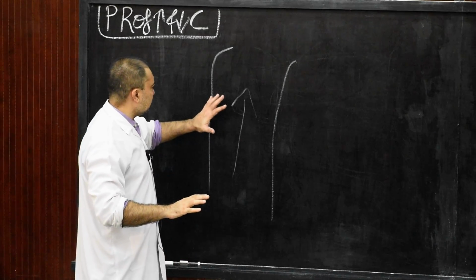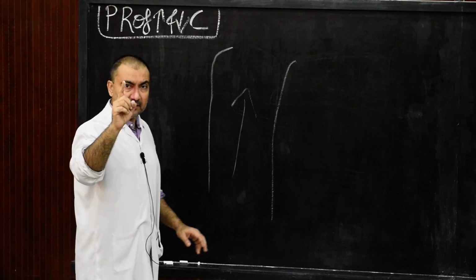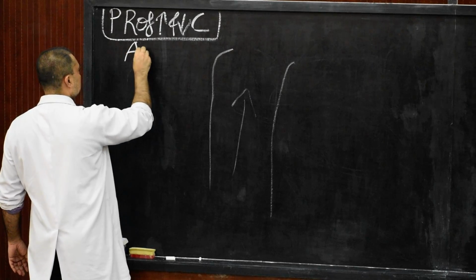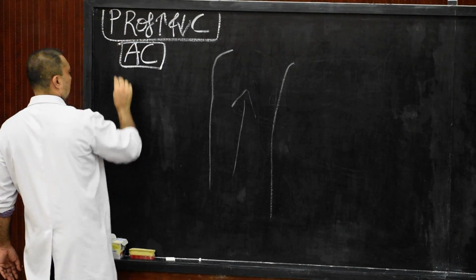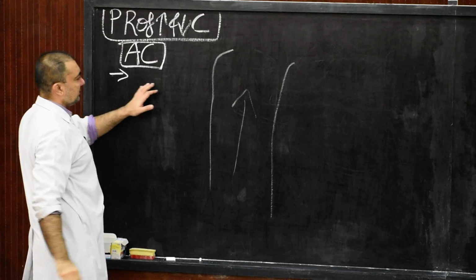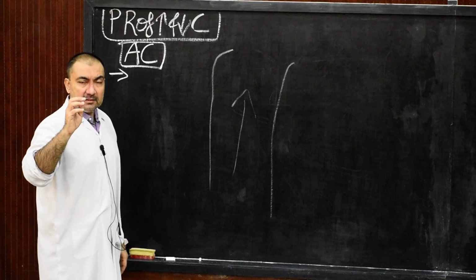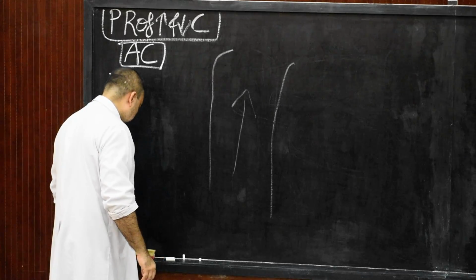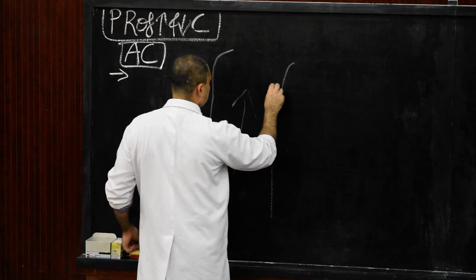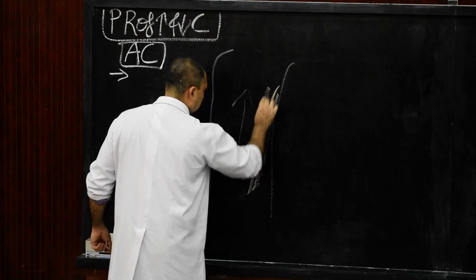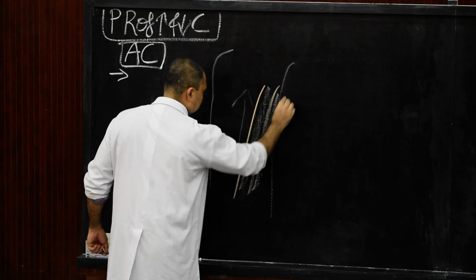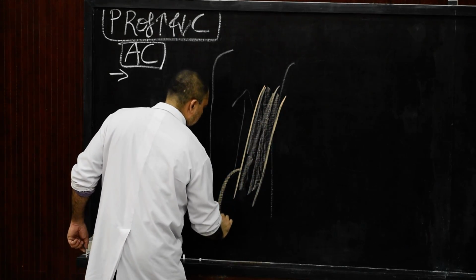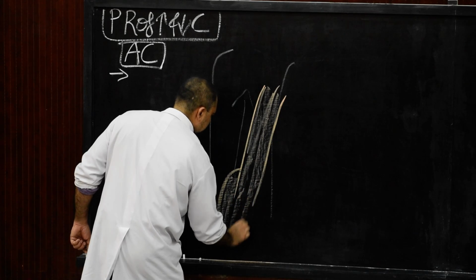So if this is our ascending colon, the structures we will try and draw and memorize. Following are the structures which are related to posterior surface of ascending colon. So here I will give the name ascending colon. And what are the structures? I will write the names here and we will draw it over here. The right iliopsoas muscle. If we draw the right iliopsoas muscle, let us draw the psoas major, and below there will be iliacus muscle.